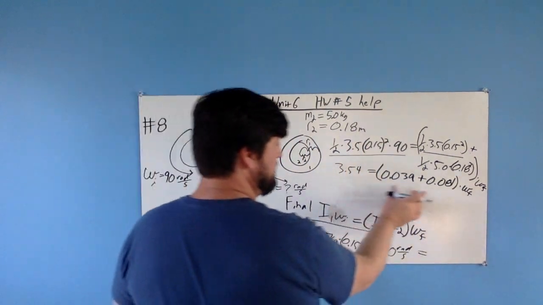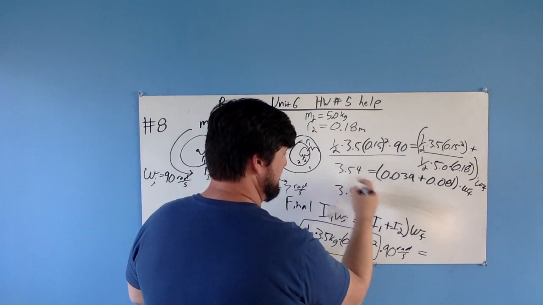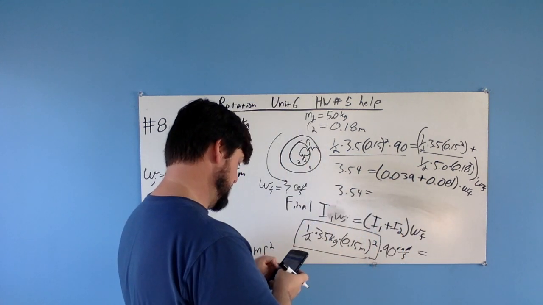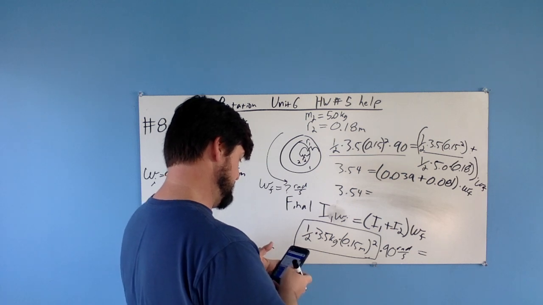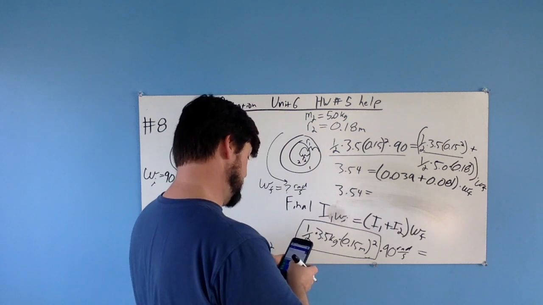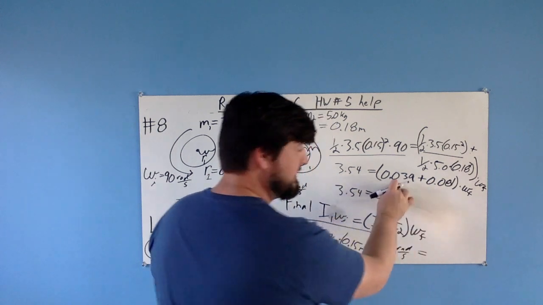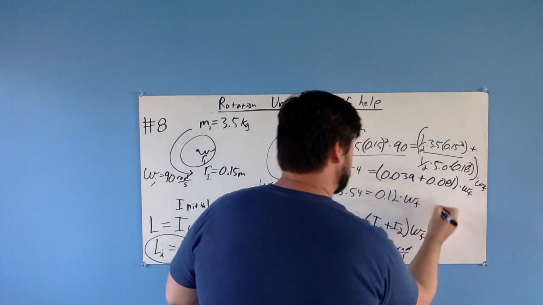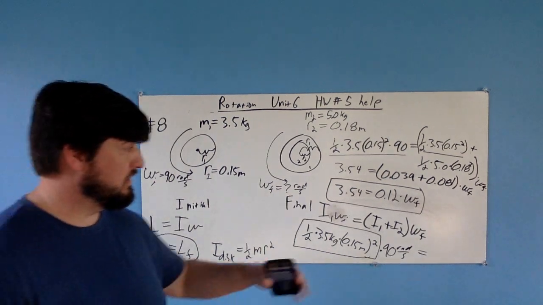So now I'm going to simplify this one down just so it's easier to look at, and I'll give myself a little bit more room. 3.54 is still the same on this side, and here we get 0.081 plus 0.039. I get 0.12 for both of my I's, my sum of my I's, my moments of inertia, times my unknown. Okay, now that is a lot cleaner to look at. I'm not fully done yet, but you can see now how I'm going to be able to solve for that